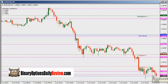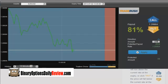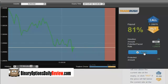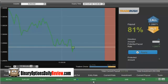We could see some lows for the day, but I'm expecting this challenge to work, and I'm going to take a call option. It's going to be pretty early, so if it goes against me, it gives me some time to get to the north side later on. You can kind of see the price action here, and I'm going to get in this trade right now. In at 1.2997, just below the whole number